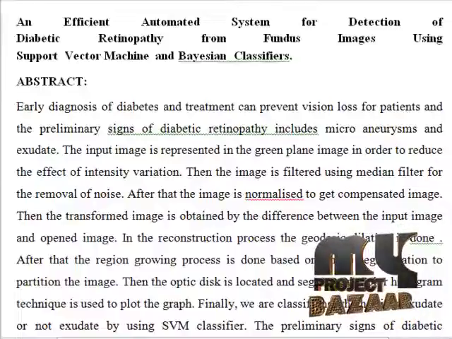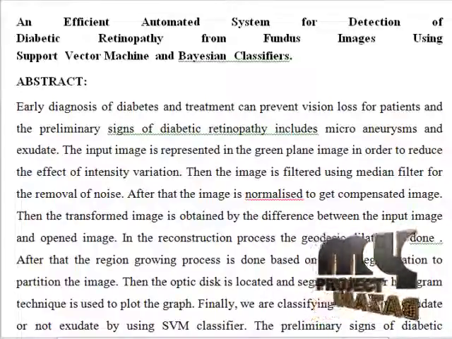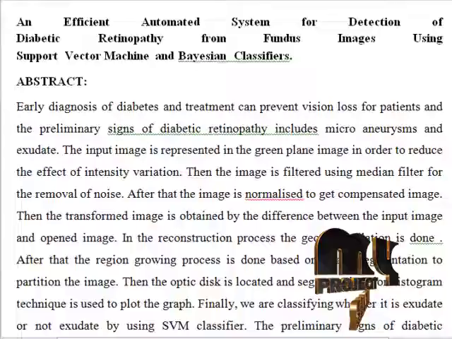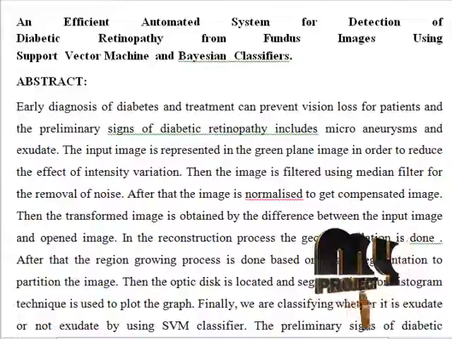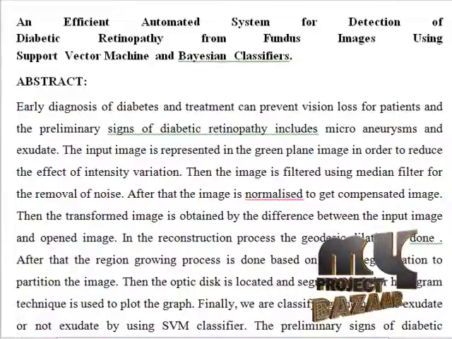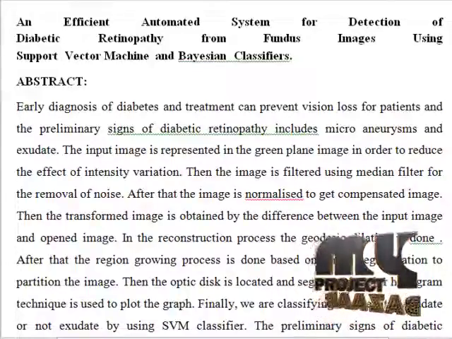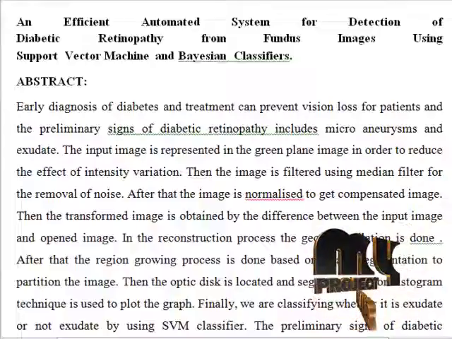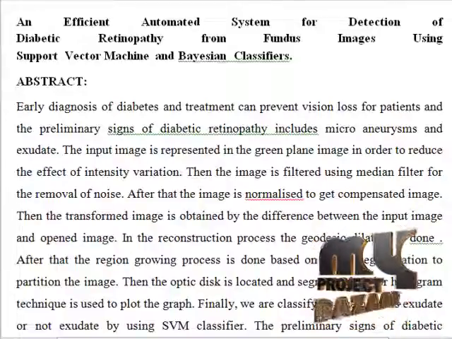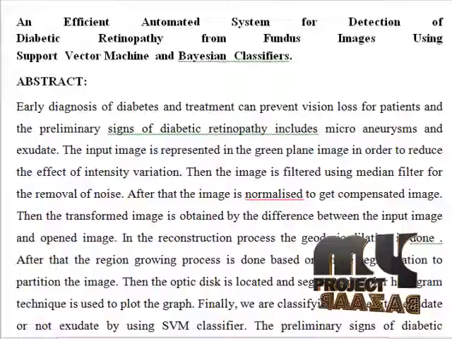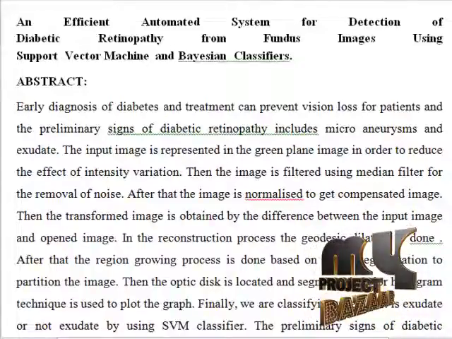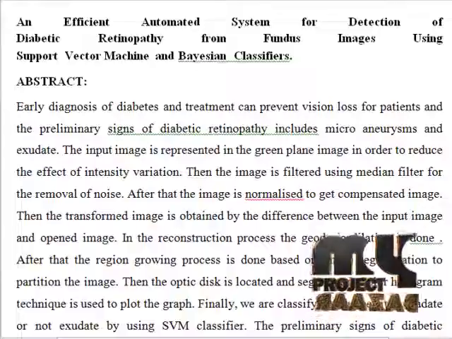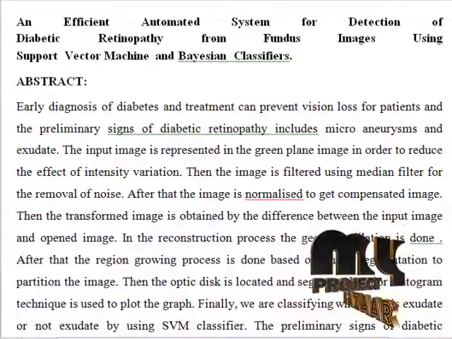The advantage of this process is that computer-aided detection of exudates will give a fast and precise diagnosis. The process time is faster in the SVM classifier than other classifiers. Here, the median filter is better because it removes the noise and smoothens the images. Then finally, by concluding that